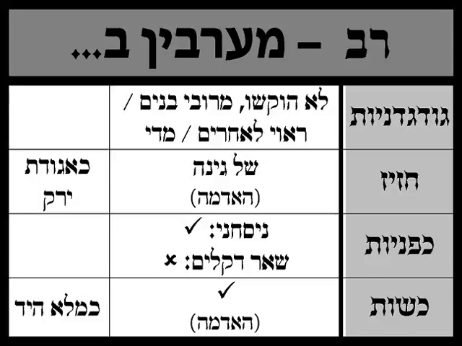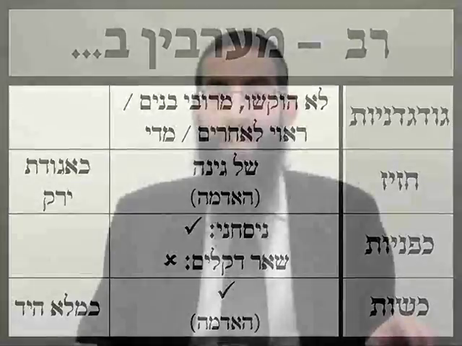Regarding using green grain, the chazes, the Gemara concluded that if it's of the Gina variety, the garden variety, which is edible and eaten by ordinary people, that is suitable for Eruv. And in fact, the bracha is Bar Piyadama. Regarding kafniyos, the unripe dates, if they come from the schani, the male palm trees, they're considered to be proper peris and can be used. But from your standard palm tree, it's considered to be undeveloped, unripe, and not useful for the Eruv. When it comes to kishus, which is the hops, that can be used. And in fact, the bracha on that is Borei Pri Ha'adama. Continues the Gemara.